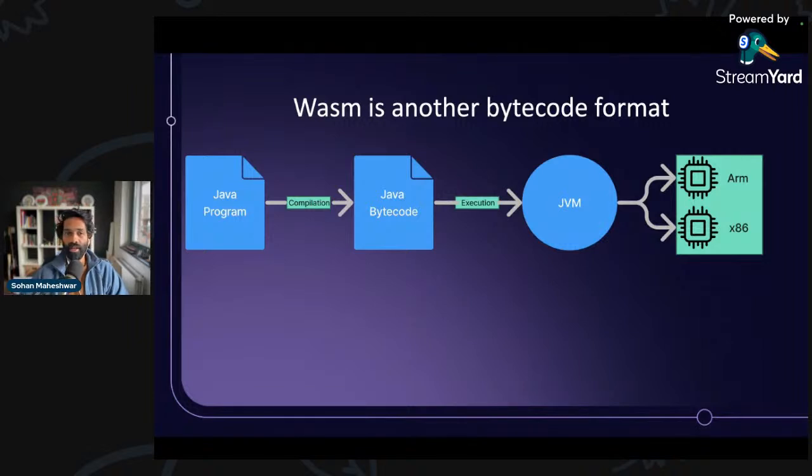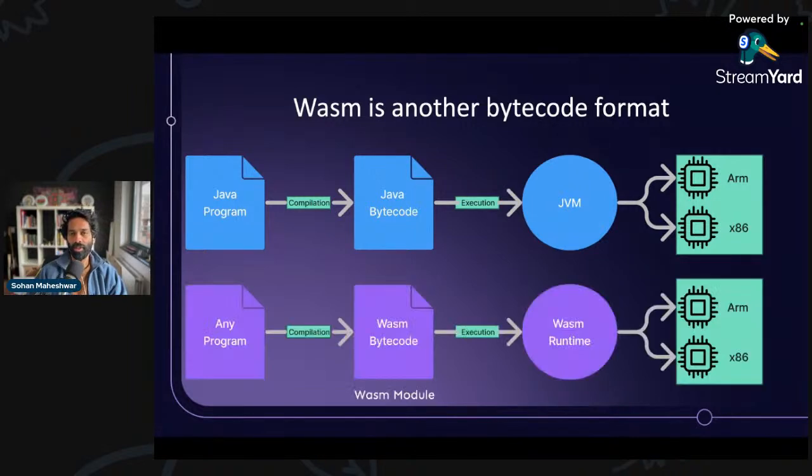It can run on an ARM processor, on x86, on Linux, Windows, regardless, right? So any place that can run a JVM can run any Java code, and that was the idea. Conceptually, WebAssembly works in a very similar format, where you can write code in any language, literally, right? So you can write code in C, C++, Rust, JavaScript, Python, Zig, Go, all of them. And this compiles to something called a WebAssembly bytecode, or a Wasm bytecode, which is a Wasm module.